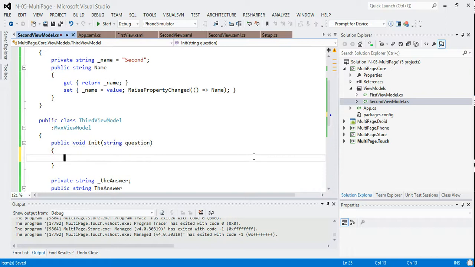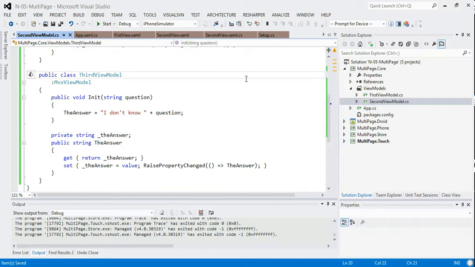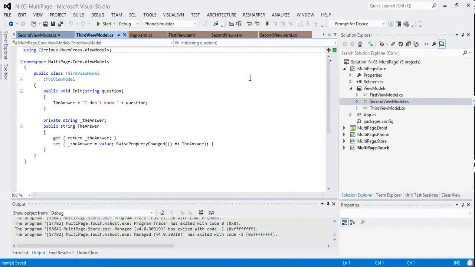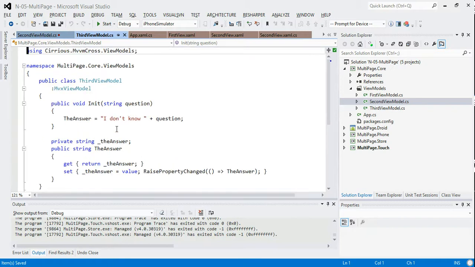So here I'll put the answer equals "I don't know" plus question. Yeah, so that's the answer that our third view model is going to give at this stage. So I'll put third view model across into its own file. And what we then need to do is work out how we're going to navigate to the third view model,